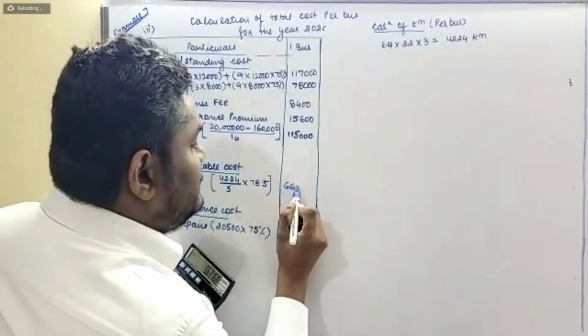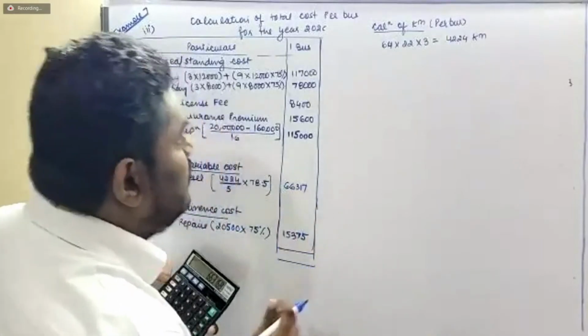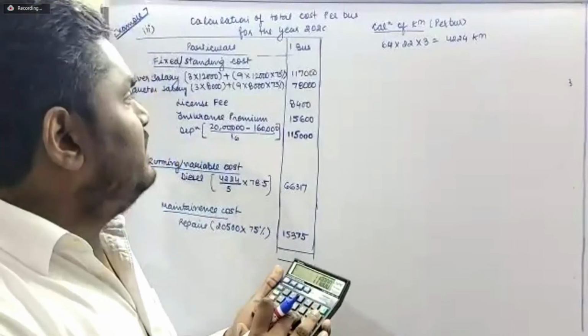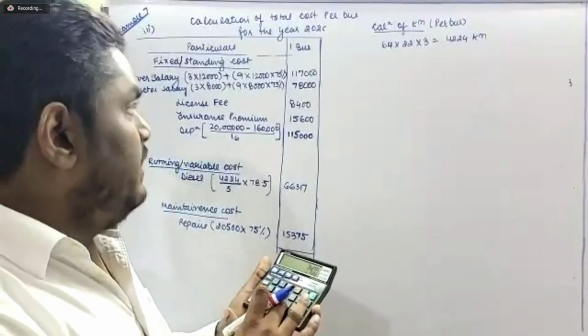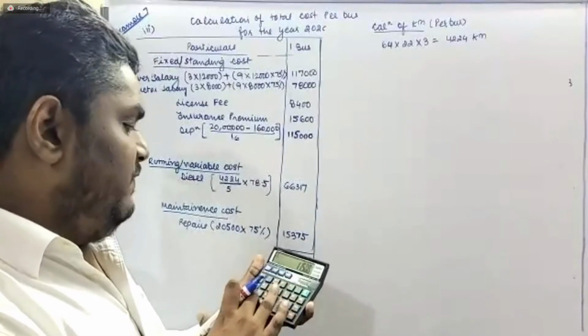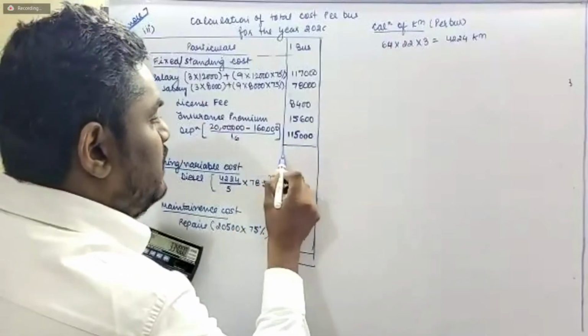So this will be 66,317. So now we can easily calculate the total cost. That is 1,17,000, 78,000, 8,400, 15,600, 1,15,000. So this will be 3,34,000